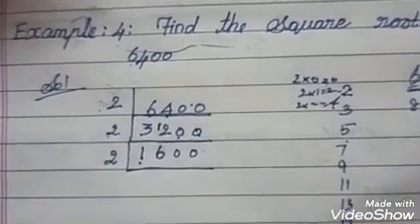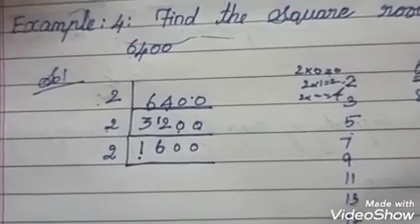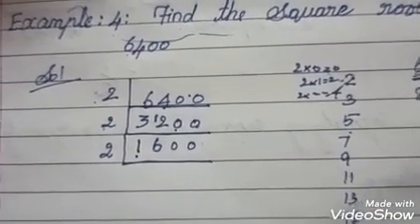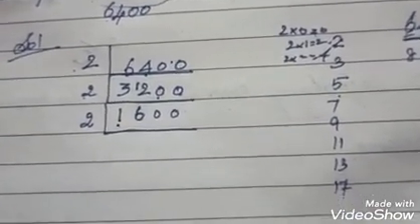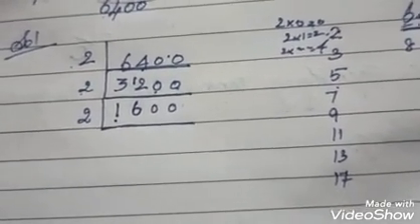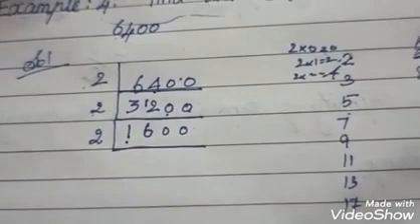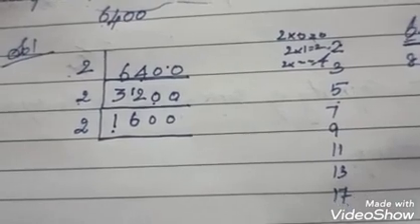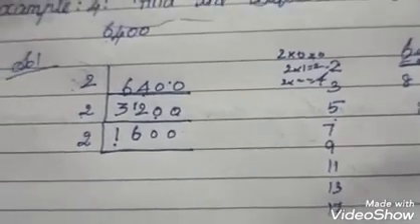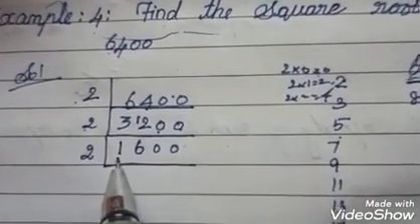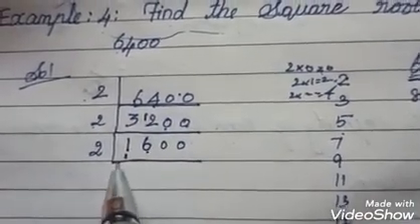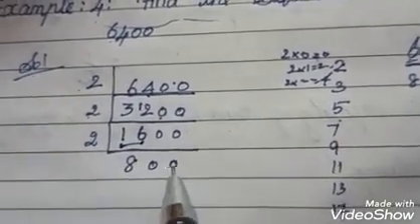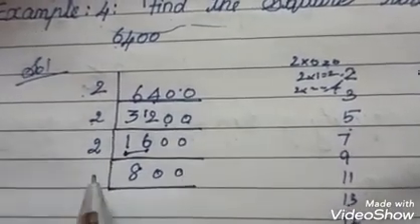Listen dears, in normal division or prime factorization, the first time you have to take more digits: 1 digit, 2 digits, 3 digits. You need to take 5 digits as usual, no problem. This is the condition. Once you take at first and it is finished, then for the next you only have to take 1 digit. So 1 is smaller, so you need to take this 6. Now it becomes 16. How many times? 8 times. Again it becomes 0. So now you go with 2 again.